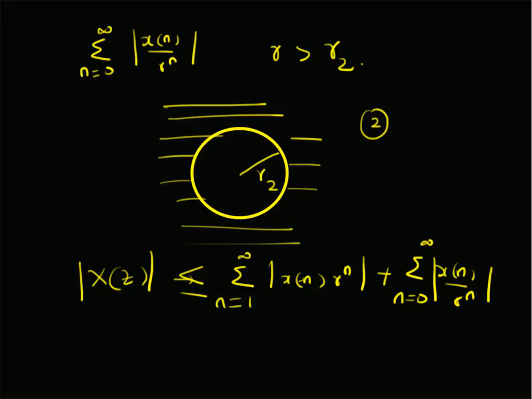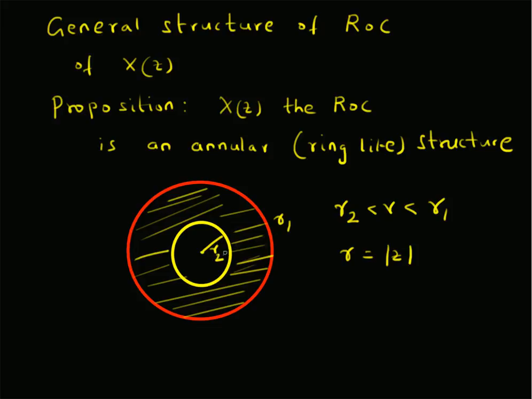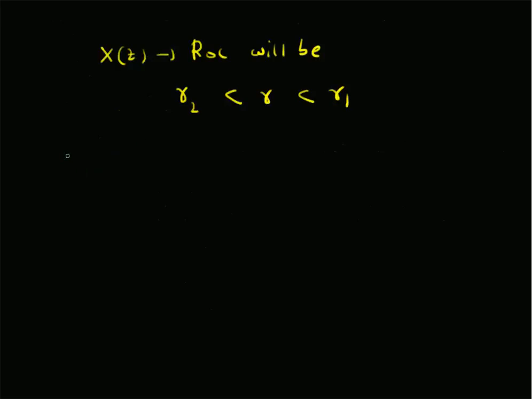So if it is possible that R1 is greater than R2, in that case the ROC for X(z) will be R2 less than |z| less than R1. That means it will be an annular region between circles of radius R1 and R2, provided R1 is of course greater than R2. Now to look at some examples, let us consider this Z transform, that is X(z)